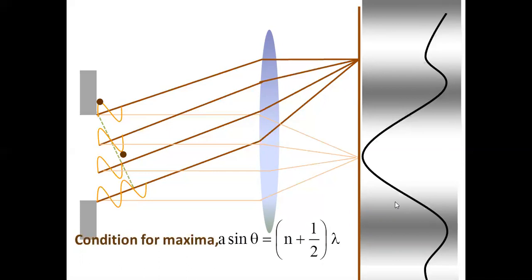Okay, so the condition for maxima is A sin theta equal to n plus half lambda. Okay, shall we move? This we have seen. So this is one condition. Next is 5 lambda by 2. And these are all called order of the fringes. Again, in the problem you must know what you mean by order of the fringe. Order of the fringe means, you see, this is n equal to 0 actually. This is n equal to 1. In A sin theta equal to n lambda, the condition for dark fringe, this is n equal to 1. In A sin theta equal to n plus half lambda, this is n equal to 1. N equal to 1 condition. First order fringe, second order fringe, and all.